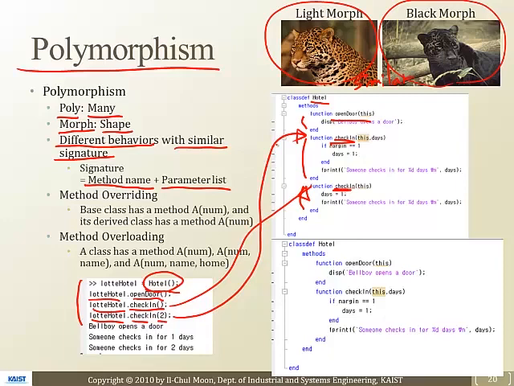How to code this in MATLAB is this. You can consolidate, aggregate, combine these two check-in functions into one single function. So this program will make errors, and this one is okay.